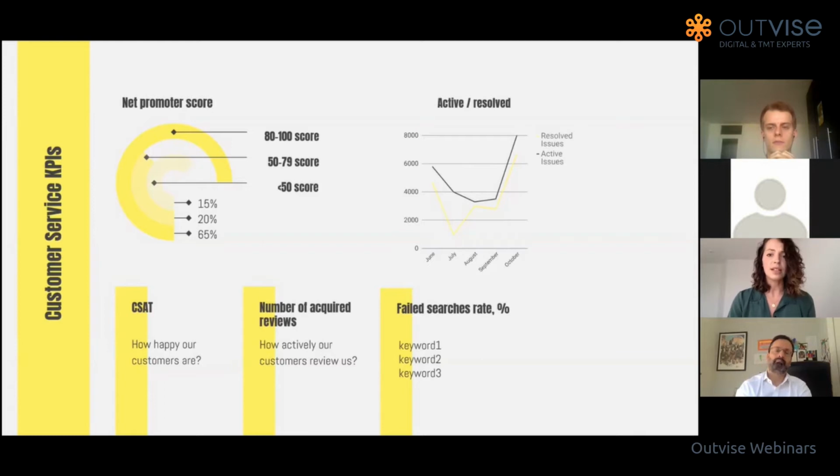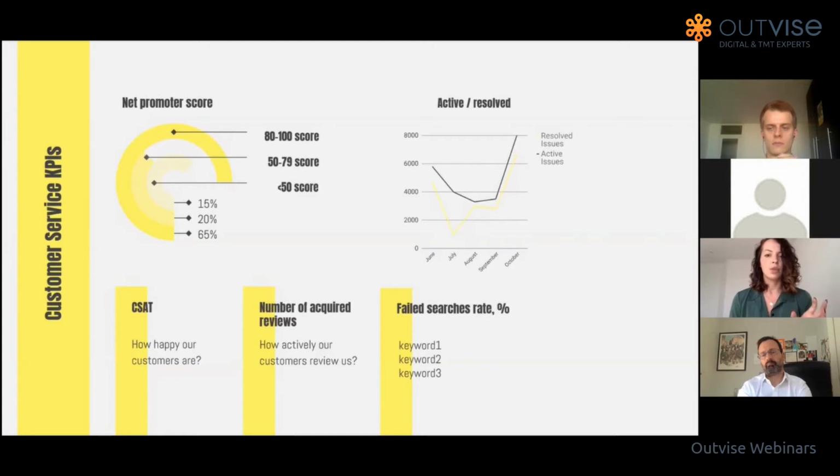And this KPI is saying basically how likely customers will be recommending your product or your services to their friends, to their peers. And this is one of the customer loyalty KPIs, and normally it's rated from 0 to 10 or from 0 to 100%. And if you evaluate the answers later, you will get the promoters, those who have chosen 9 to 10.